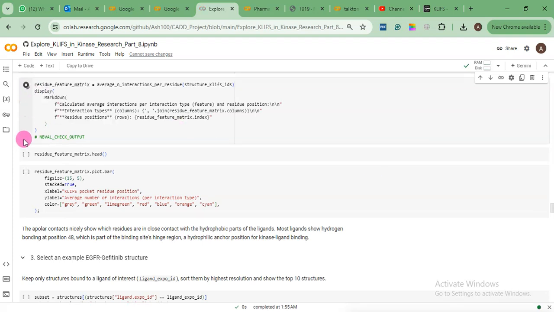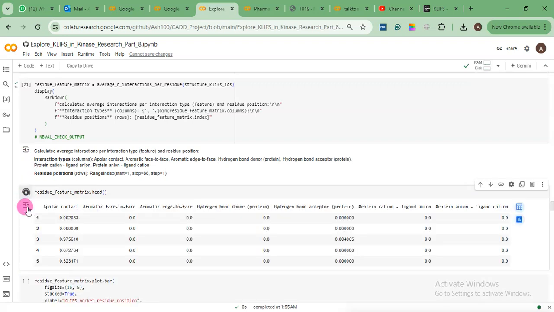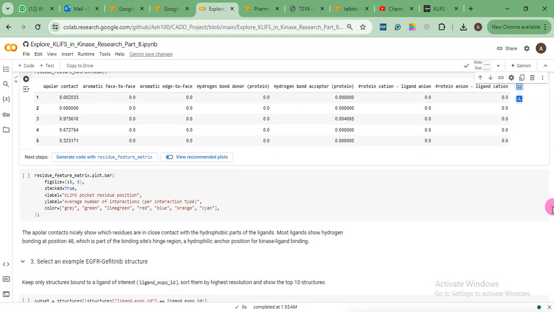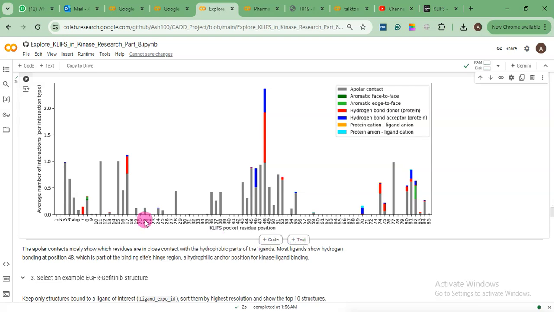And we will click this one. These are just a quick overview of what kind of interaction fingerprints we received from the KLIFS about EGFR. It's a longer list, but we have printed only 5 or 6. Now we will generate some figure. Yes, it is. So these are those